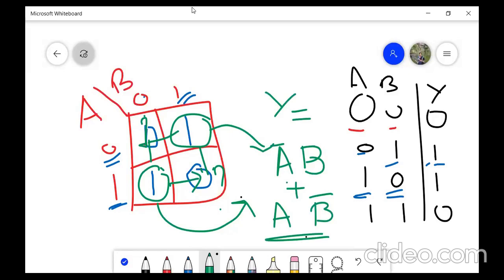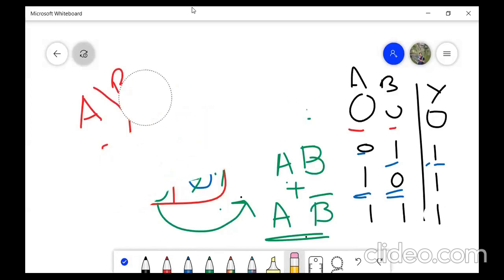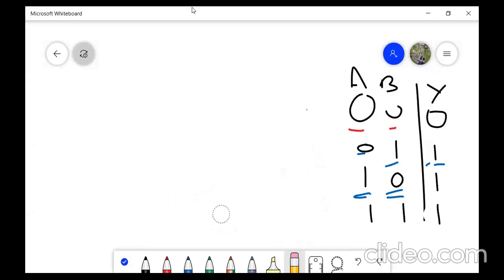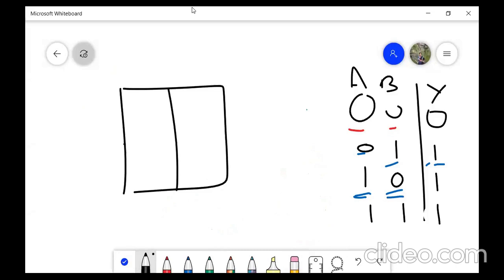Now with the same K-map, I want to alter the K-map. Let me make this a 1. In the K-map, I'll make this a 1 for the next example. Now if I make this a 1, how will the K-map change? Let us see how our solution varies, or how to solve it. Now I made it 1. So if I draw the K-map, I have A over here and I'll have B over here, 0, 1, 0, 1.